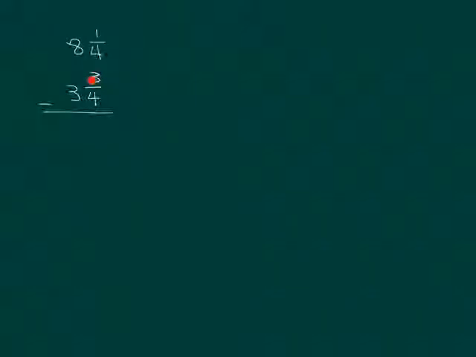So we have to do kind of like what we did in the last example. We're going to change that 8 to a 7. And remember what we did is we put this common denominator on the top and bottom. So at this point, what we have there is 8 is the same as 7 and 4/4, and we also have a 1/4. Remember, that's just the same. A mixed number is the same as taking the whole number and adding the fraction to it. So that's what I did. I took the whole number and added the fraction. So that equals 7 and